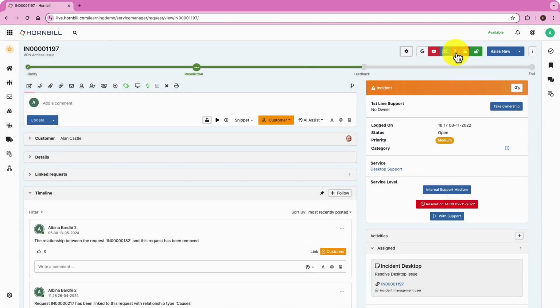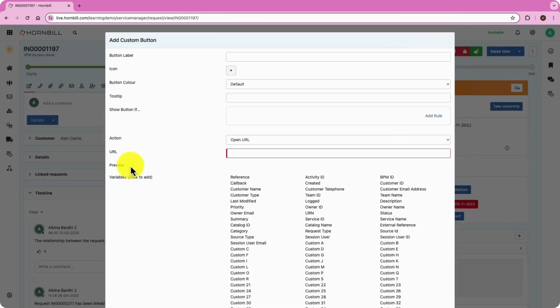Before testing, let's create another button to de-escalate the major incident. This time adding some rules.